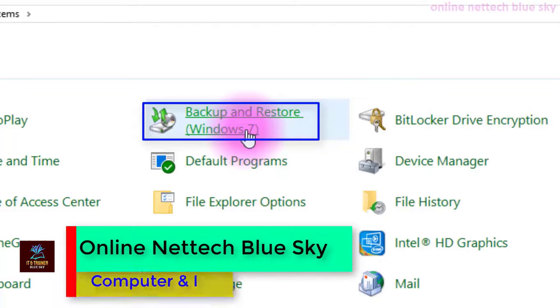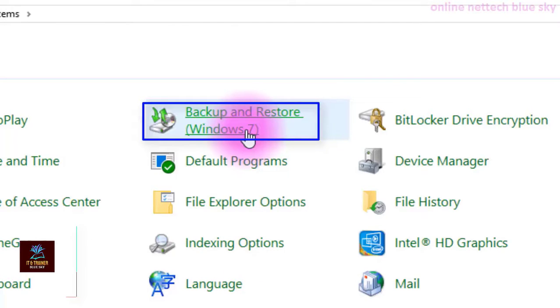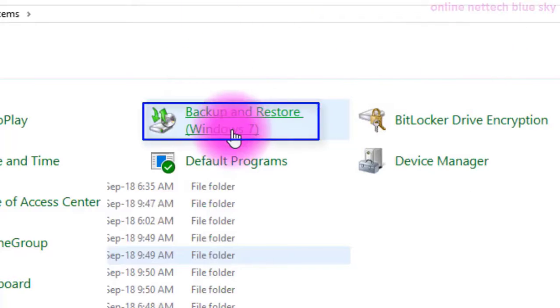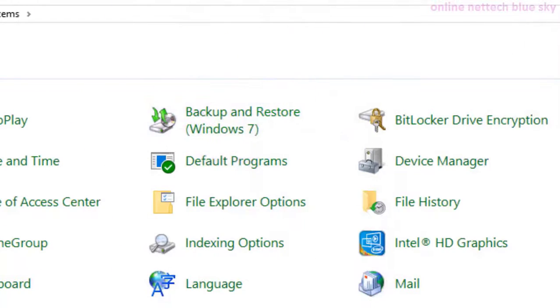So what is a backup and what is a restore that the Microsoft company gives, and how can we use these options here? We are just talking about only local computers, not server type, and I will discuss in the backup server series what a backup server is and why we use a backup server. These backup and restore options are very important for Windows XP, Windows 7, Windows 8, 8.1, Windows 10 and Windows Vista, the same backup and restore.